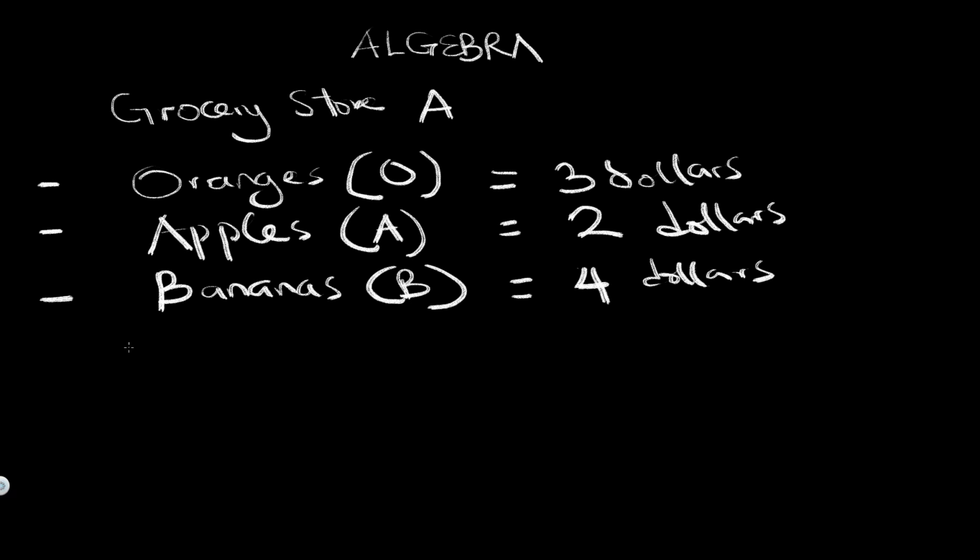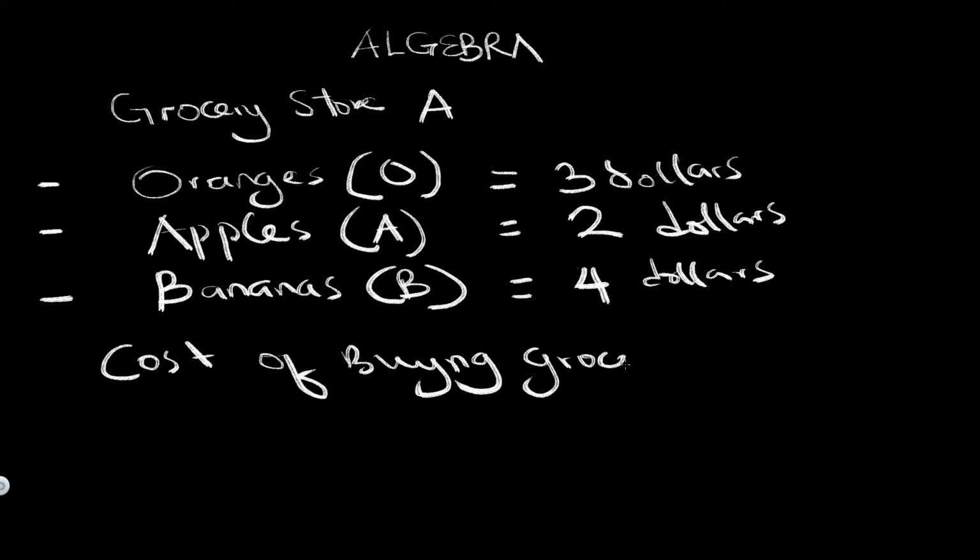So the cost of buying the grocery could be modeled as, in this case, since they spent $3 for oranges, this will go down as 3O. Now this O is